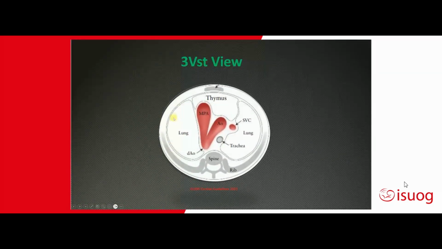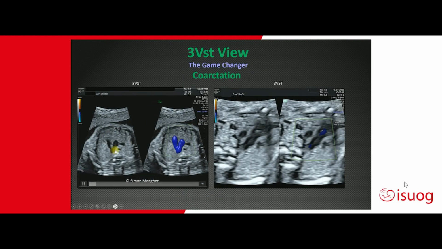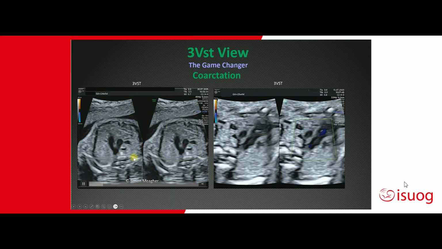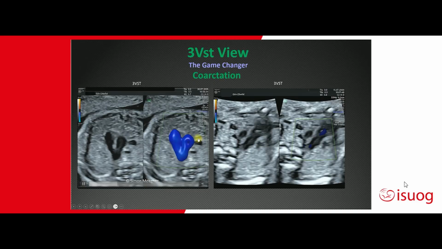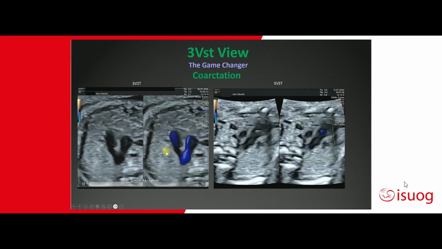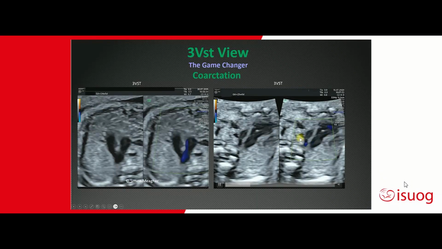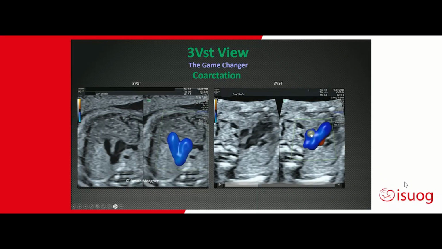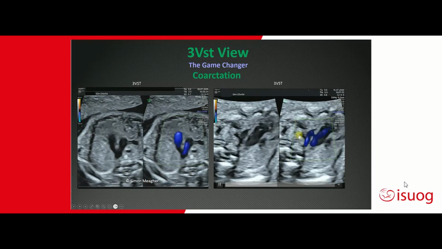Lastly, the 3-vessel tracheal view. We look at the 3-vessel tracheal view as a very powerful view in looking for cardiac abnormalities. This is the trachea, the transverse aortic arch, pulmonary artery, the SVC to the right of the trachea, and there should be no vessel beside the arterial duct. When we look at this 3-vessel tracheal view, this is the trachea, and the vessel that's closest is the transverse aortic arch, and the caliber is smaller when compared to the pulmonary artery,